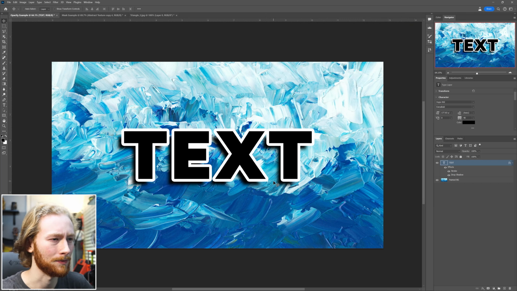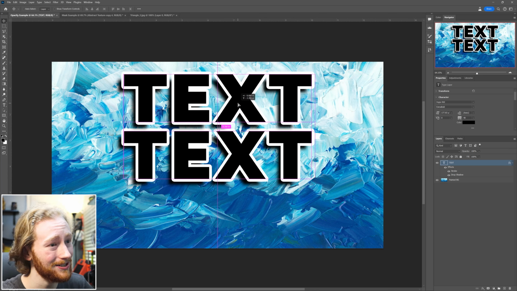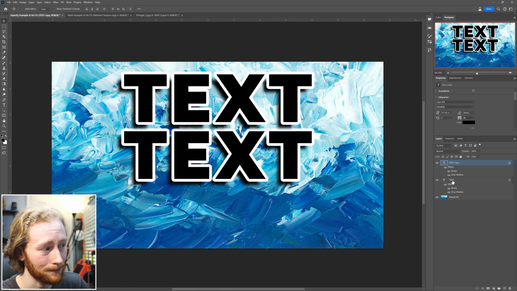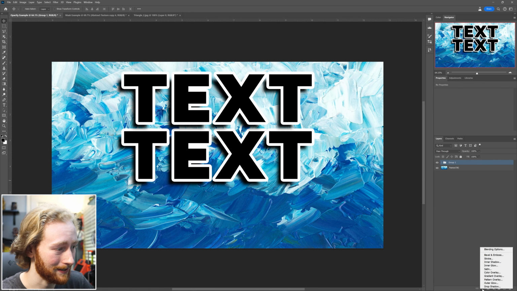Now this also works in groups, so what I'm going to do is hold down Alt with my text layer selected, and I'm just going to drag to make a duplication, and then I'm going to select both those layers, hit Control or Command G to make a group, and then I can go down to the effects panel and we can give that